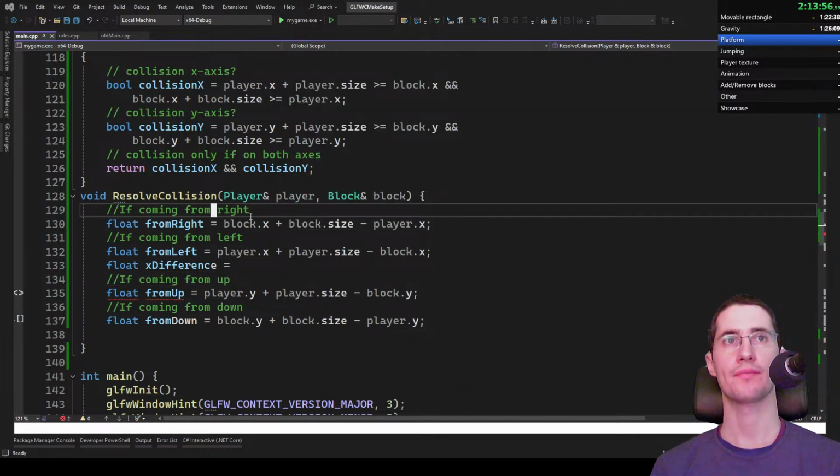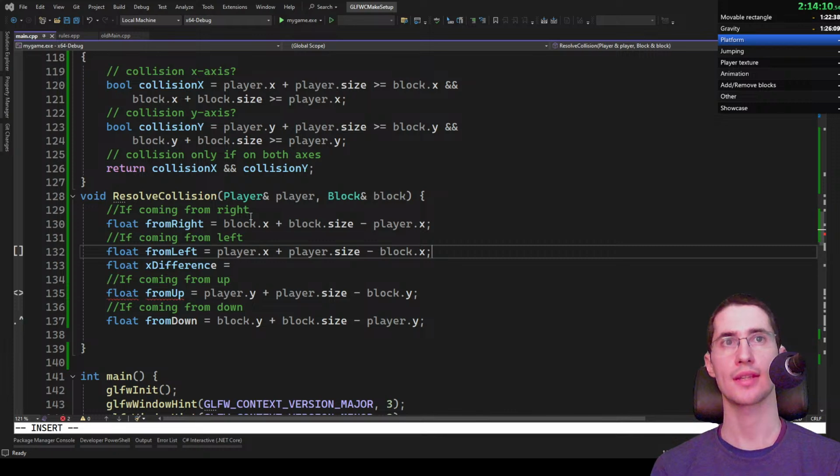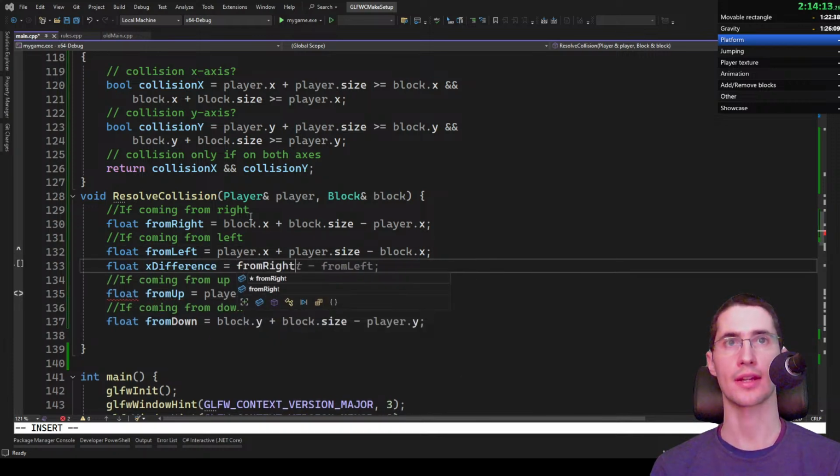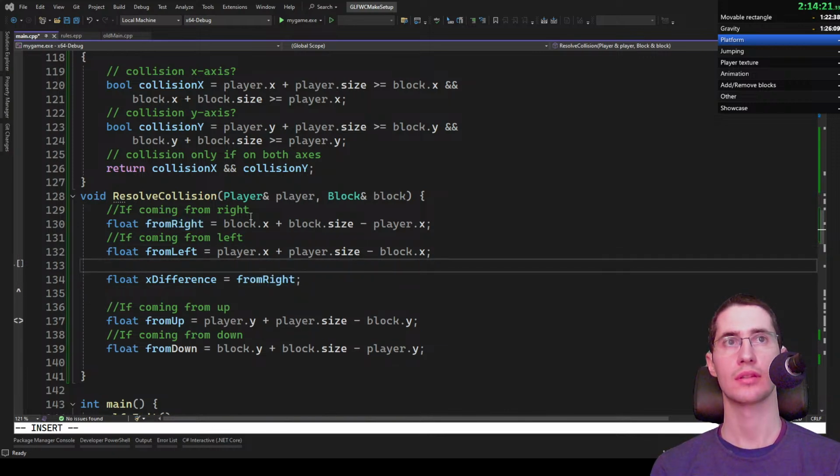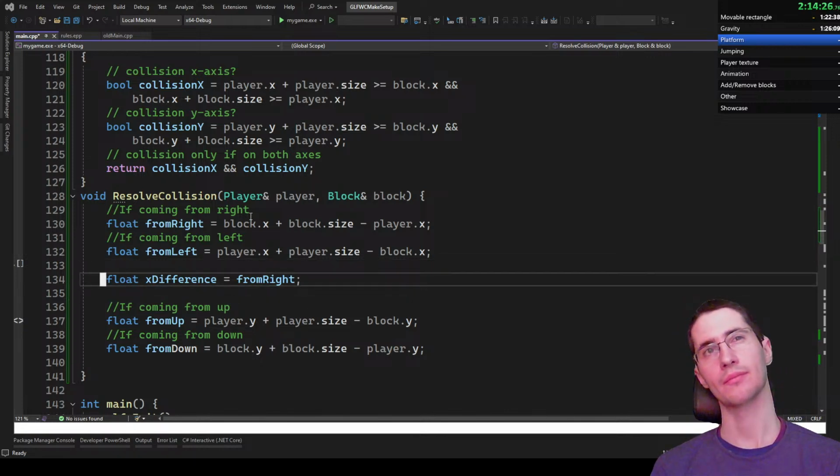We can say, let's say that the difference is from right. But it should be... do we have